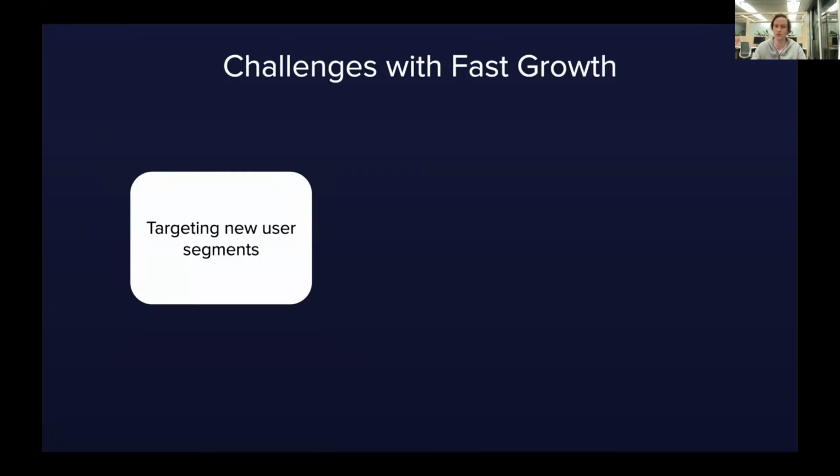So there are a lot of new user segments, and obviously, if you want to understand your user, because in the end you want to solve a problem for the user, you have to get to know these users, right? And so it's challenging to keep up with all these new user segments we have. That's one of the challenges. The other challenge is